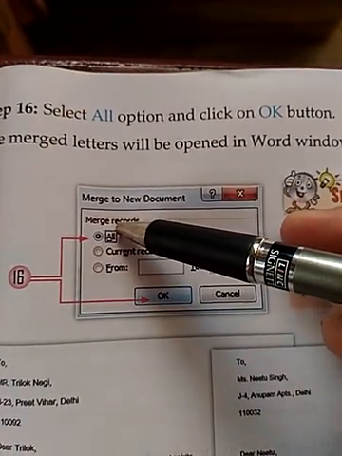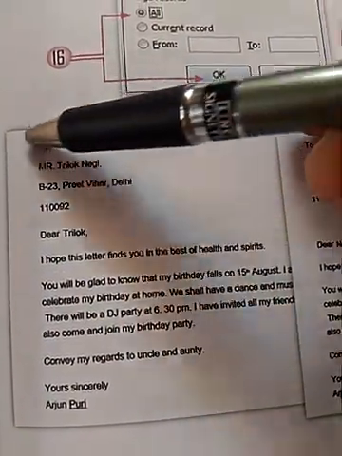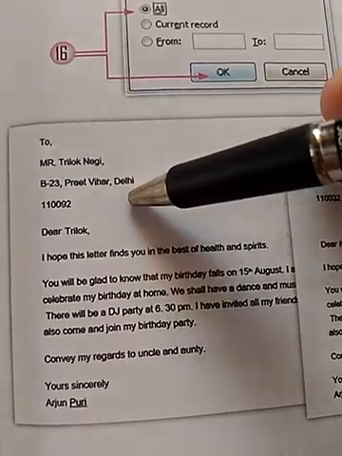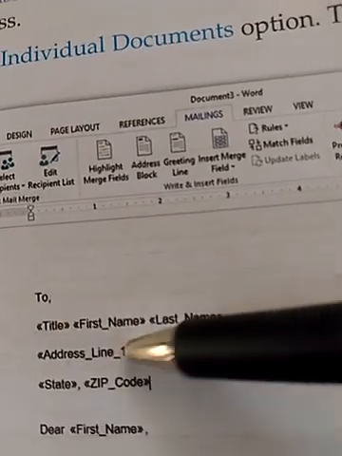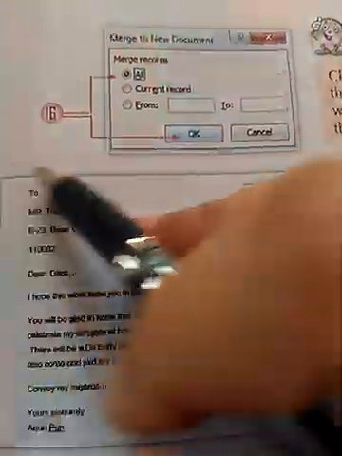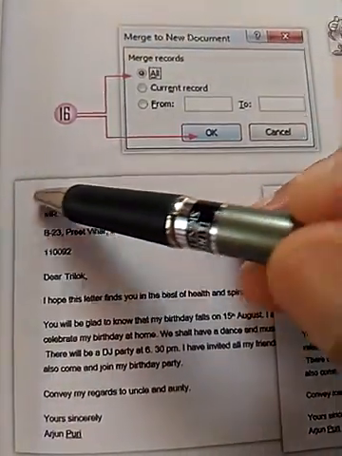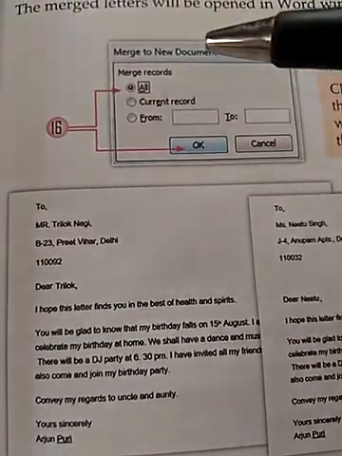Once you click on all and click OK, you will get the actual name of the recipient which you have stored in the data source in the place of this merge field. So these merge fields will automatically get replaced by the actual value which we have stored in the data source.